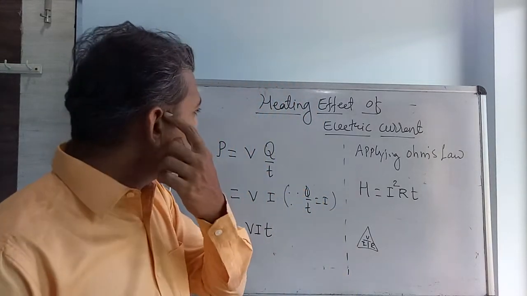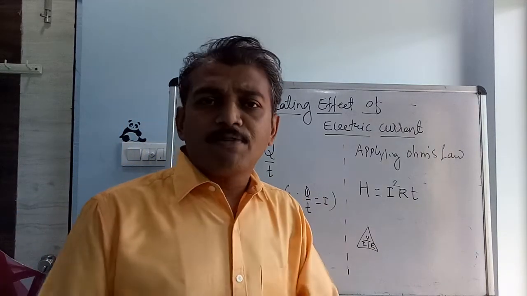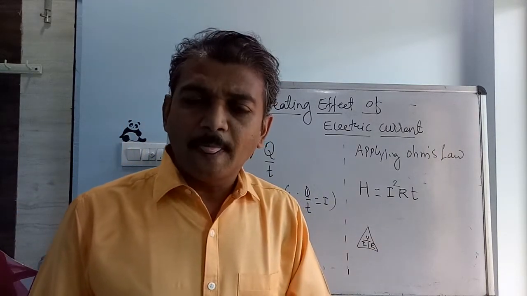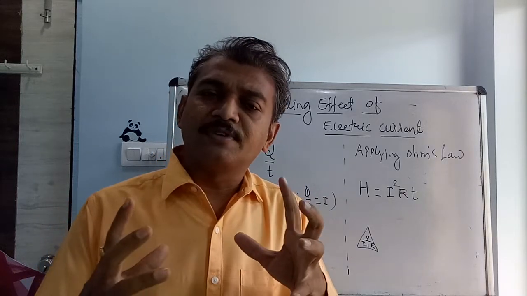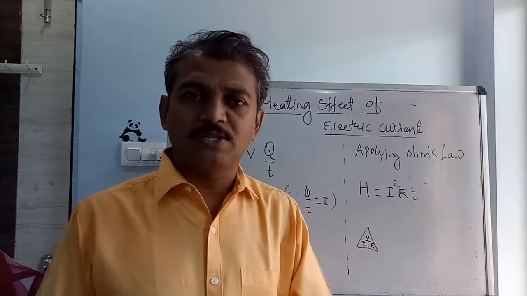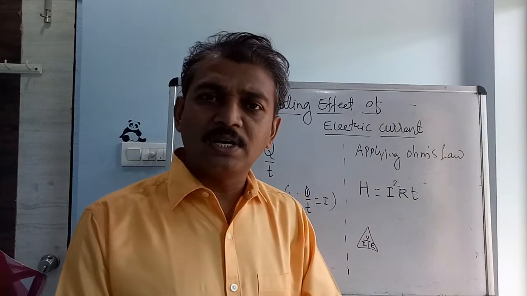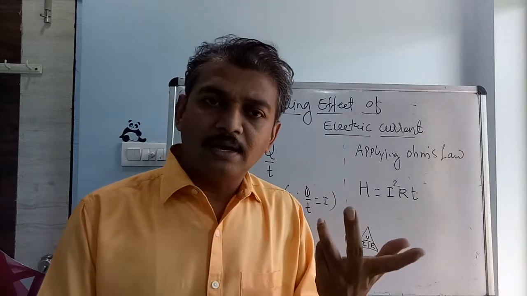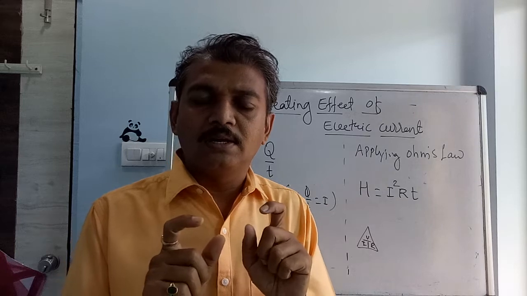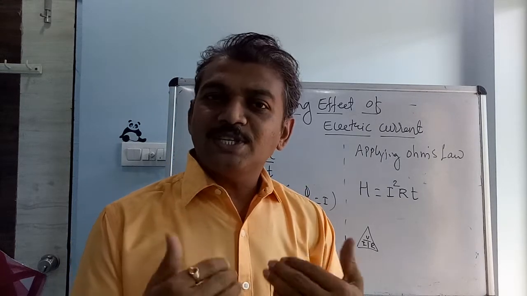So I can say heating effect of electric current, the charges Q are flowing in time t, the current I across a potential difference V. This is a supposition. It means charges Q are flowing through a conductor in certain time t, and that current is I, and these all things are under potential difference V. So the work which is done,